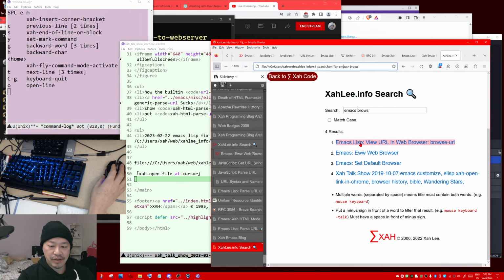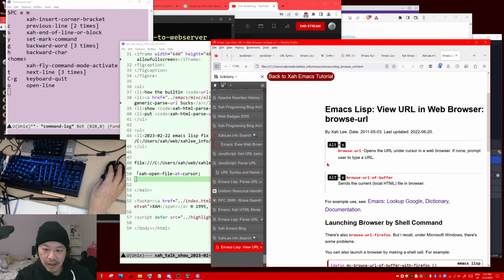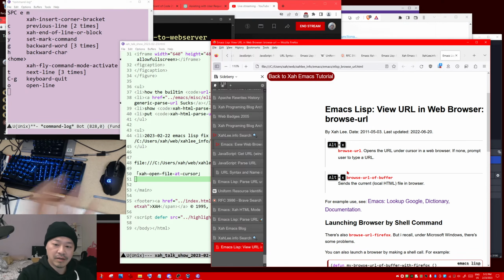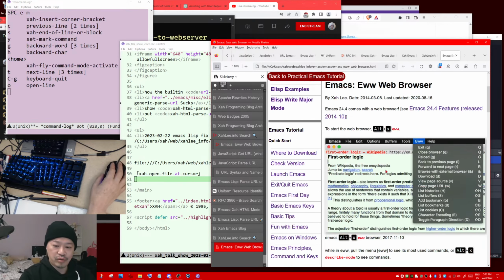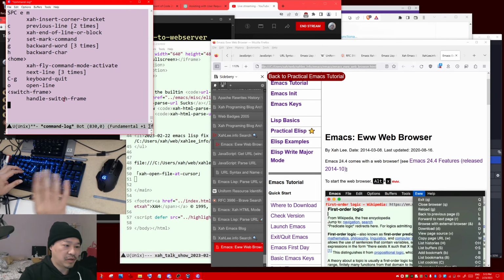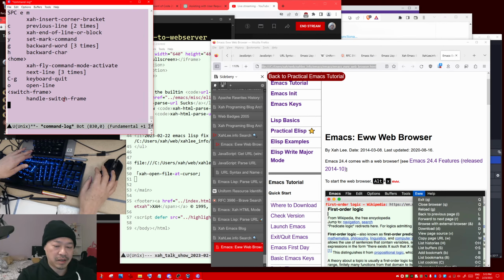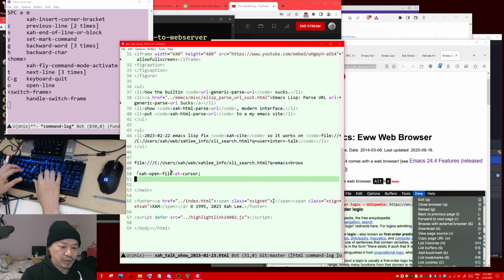So that command is, for example, if you go to this page, what is this? Emacs Lisp view URL in web browser. Yeah, okay. So what is this? Okay, so let's open this page. Okay, so you copy the URL. You see, it's already copied, because I'm using this key, that basically is Control-L, Control-C. Okay, copy the URL. Now I want to open that file